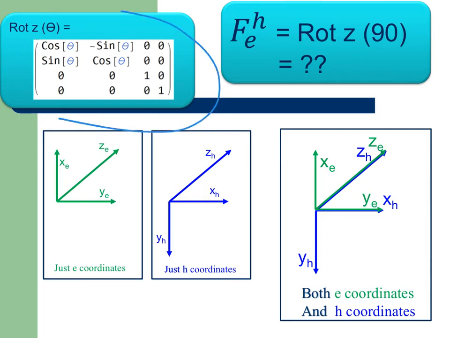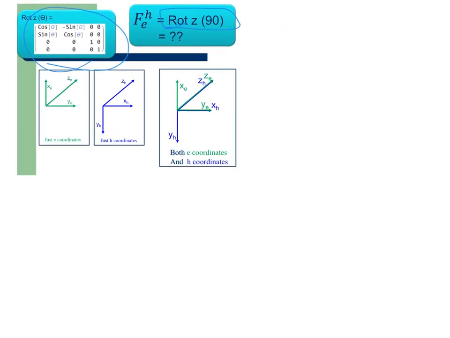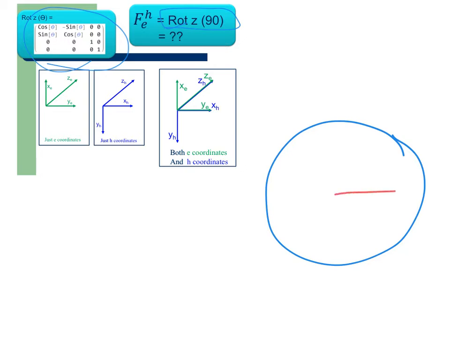So if this is the matrix for an arbitrary theta, we want to know what is the matrix for 90 degrees. So we need to remember those sines and cosines of common values, because most of the examples we're going to do are going to involve rotations that are 90 degrees, 180 degrees. So now is the time to start remembering what those are. And of course, for this example, if we remember our unit circle, and we start there, and there's 90 degrees,